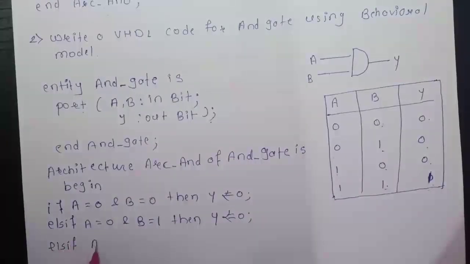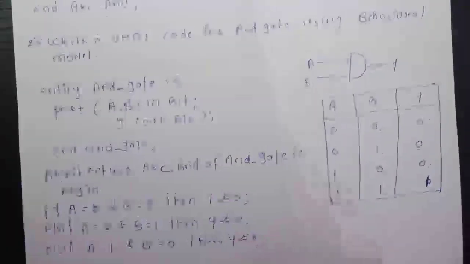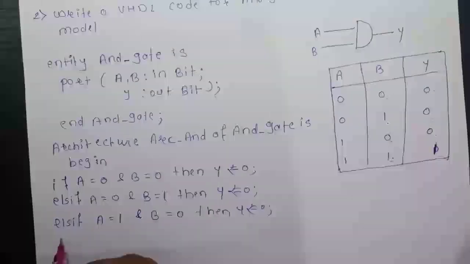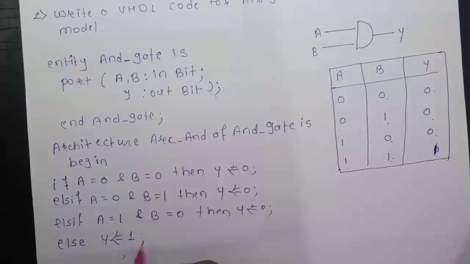Else if A is 1 and B is 0, then again Y is assigned 0. In any other condition, that means in the else condition, my Y should be 1. Then end if